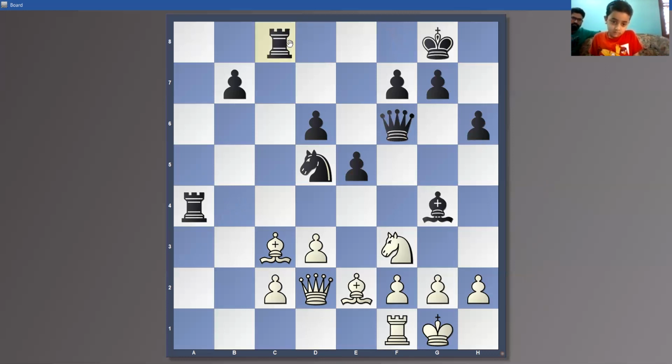I will play rook c8. Bishop to b2. Very good. This move will go bishop b2. Okay.